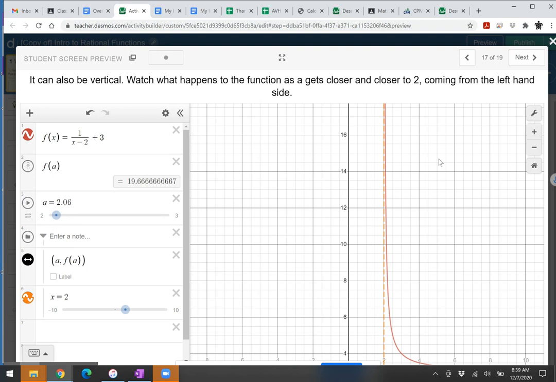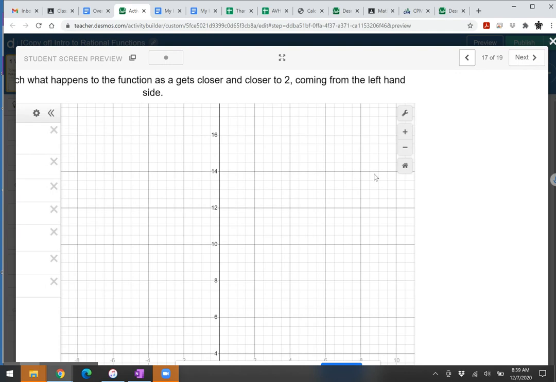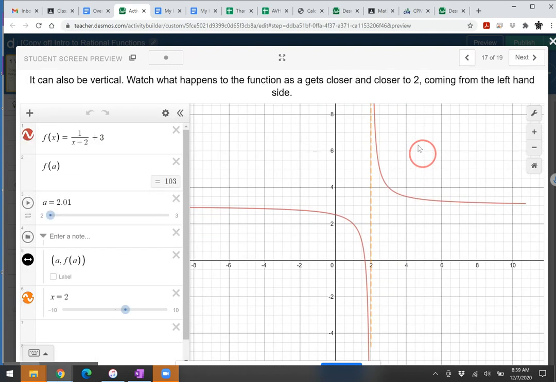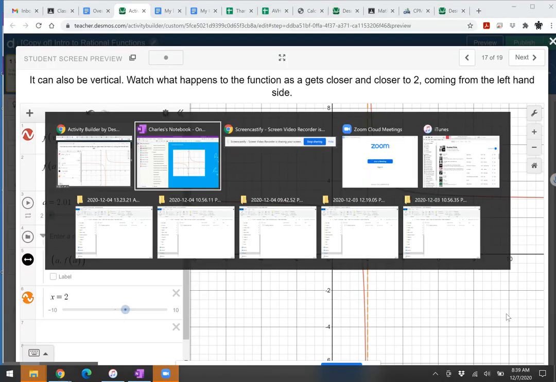And if you think of what's going to happen when x gets to 2, it's undefined. It's undefined because you can't divide by 0. If I put a 2 in this denominator, I'm going to get 1 divided by 0. And you can't do that. And when you try to do that, you get closer and closer to infinity. So the way of writing this one is